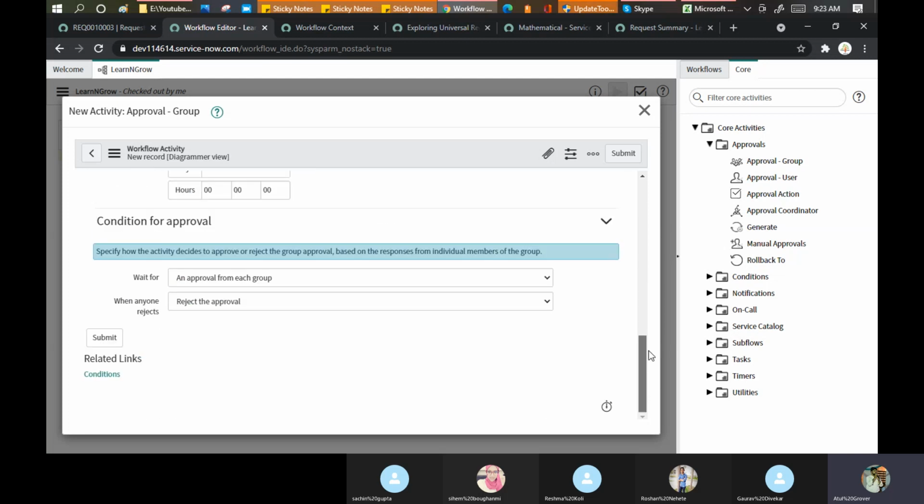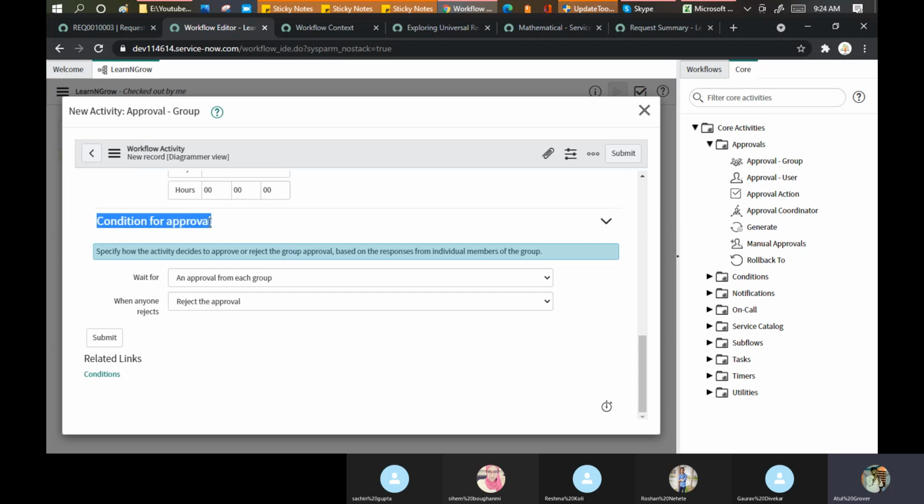Now, remember, either the family will say yes or the family will say no. If they say no, then the plan is out. If they say yes, then what do we need to do next? So we need to define those actions as well in the service, in our workflow only. So this is the place.